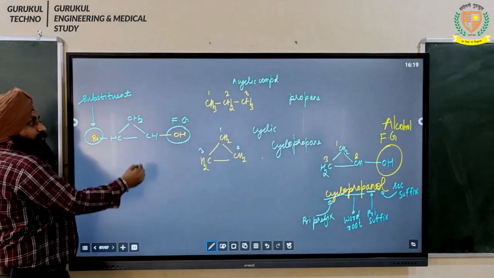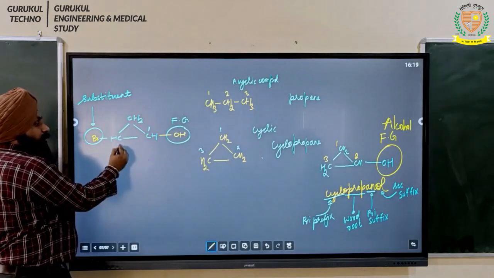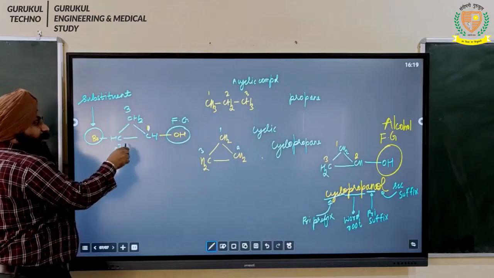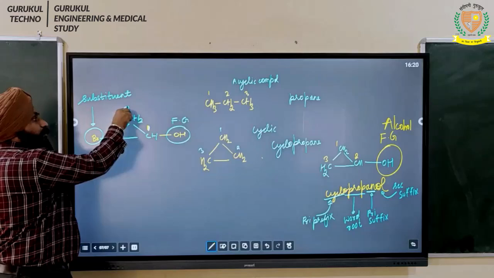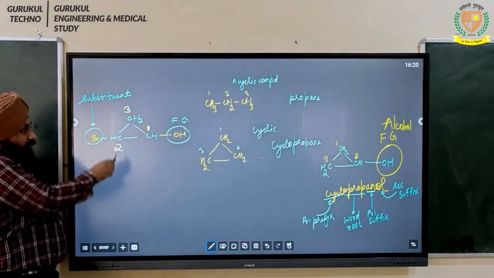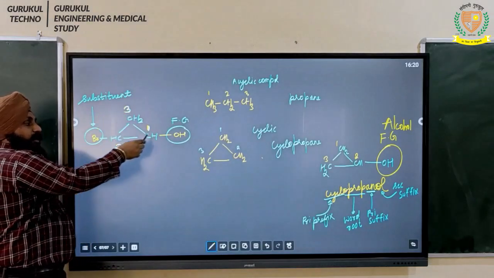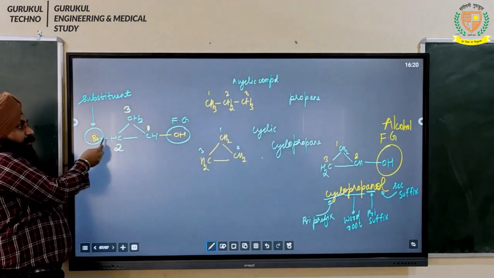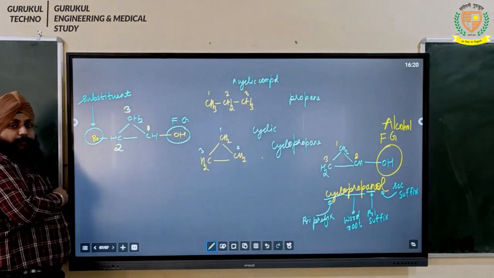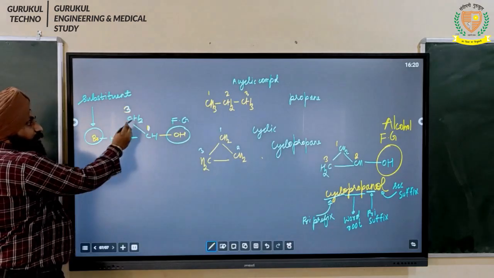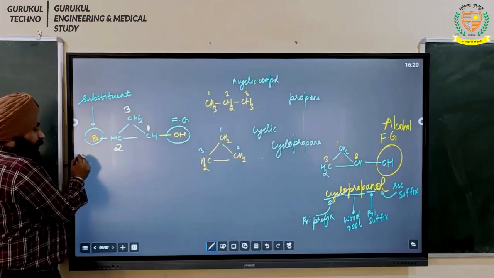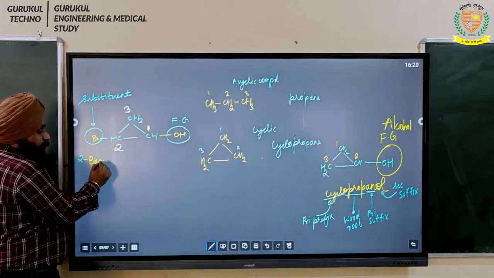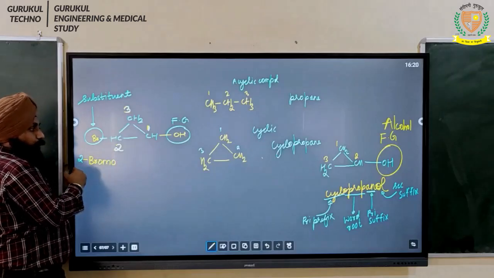So students, this is carbon number 1, this is carbon number 2, and this is carbon number 3. I'll say 1, here I'll say 2, and here I'm going to write 3. This should be the way of numbering. My functional group is getting the lowest possible number, and then I'm giving priority to the substituent. So again, we will write it as 2-bromo. It is going to be 2-bromo.